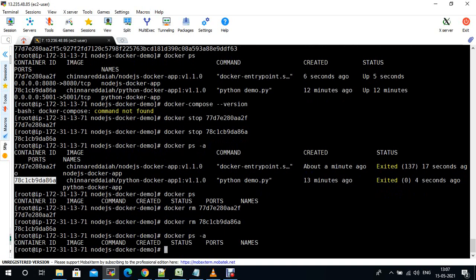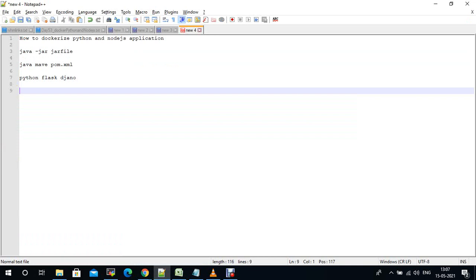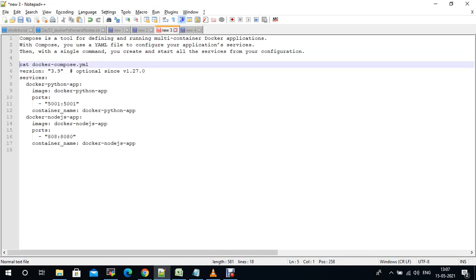So now using Docker Compose, I just need to start the containers at a time. First you need to install Docker Compose. Compose is a tool for defining and running multi-container Docker applications. With Compose you use a YAML file to configure your application's services. Then with a single command, you create and start all the services from the configuration.